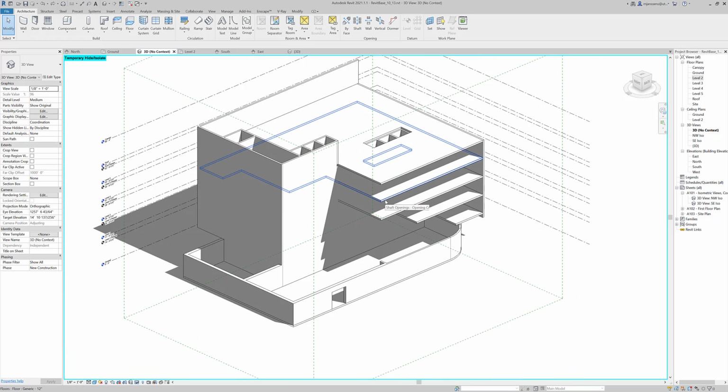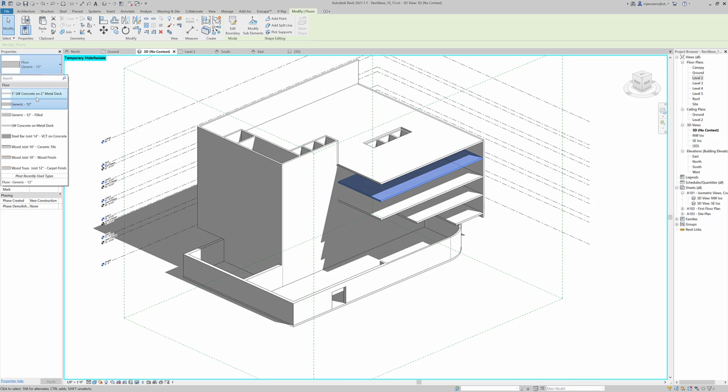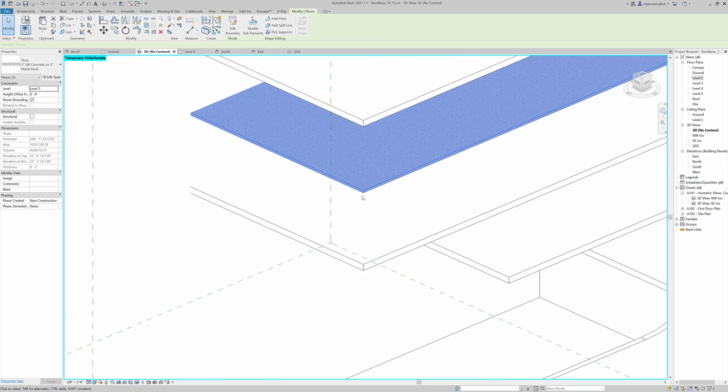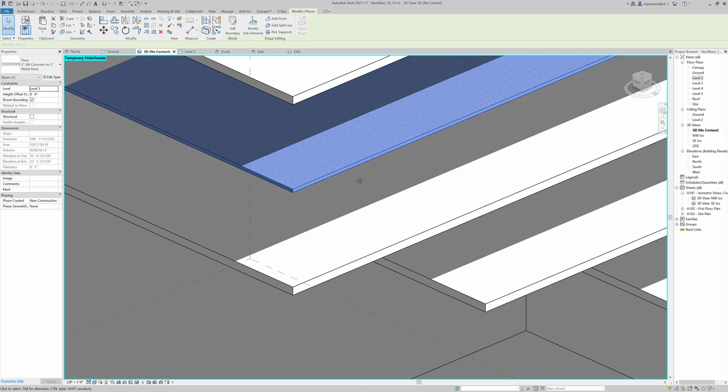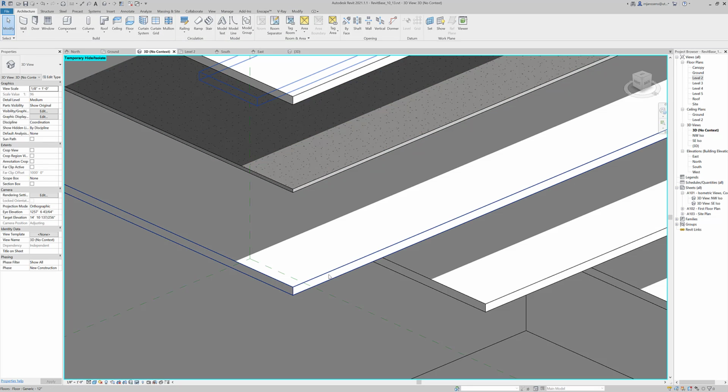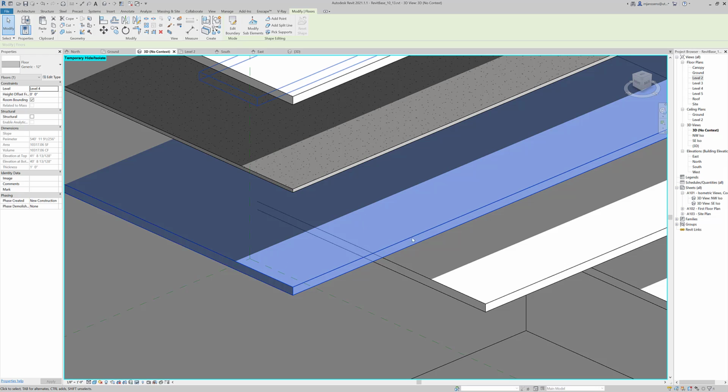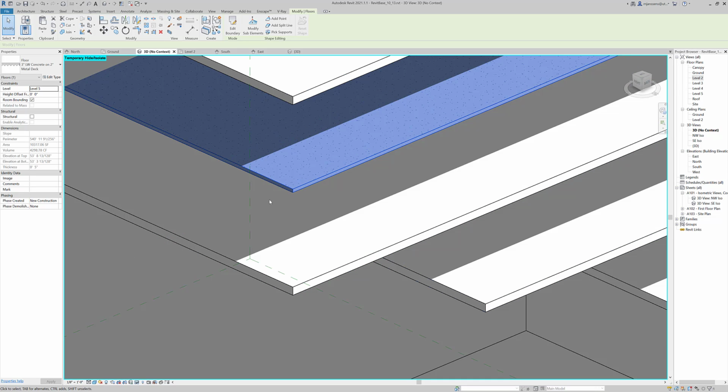So that's it for floors. You can, just like walls, you can select them and you can change them. So for instance, here's a 3-inch lightweight concrete on a metal deck. So these can just be placeholders for right now, right? And when you design your gravity systems and your lateral systems and your beam systems, you might need to change this to a concrete deck,